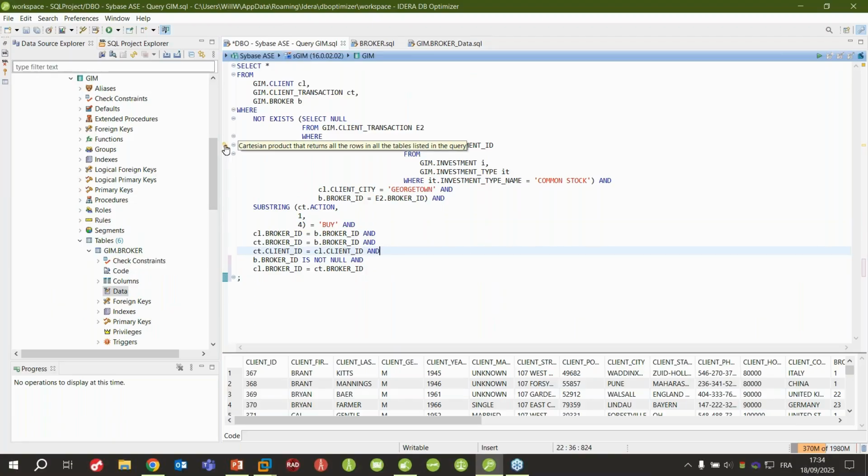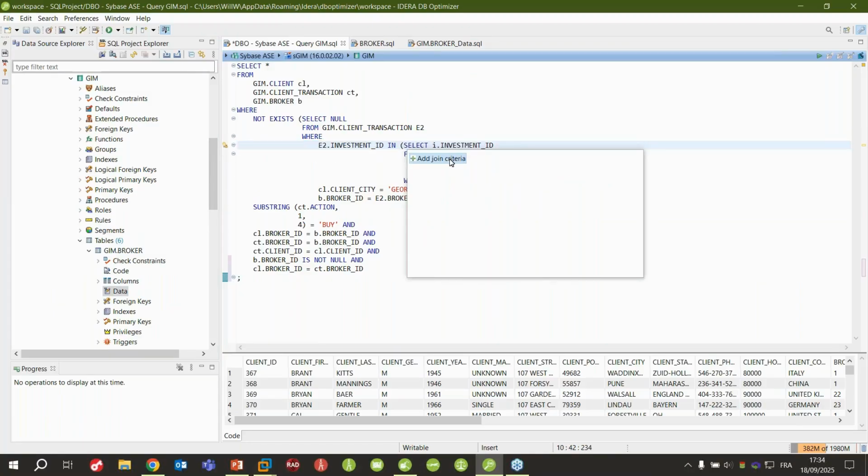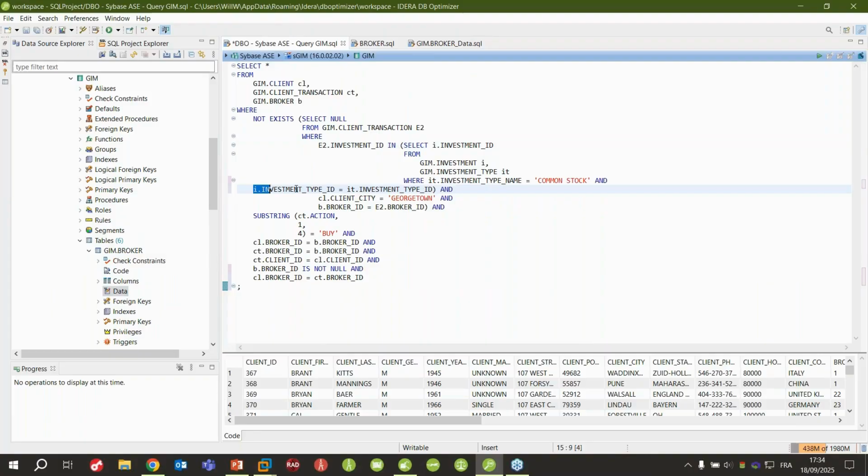And if we look at this other icon, I can see that here I have the same for this subquery. I have two different tables. In my where clause, I don't have the primary keys from the two tables, so I can easily add the join criteria, and it has automatically updated the query. So it will be one first optimization, I will say, regarding this query.